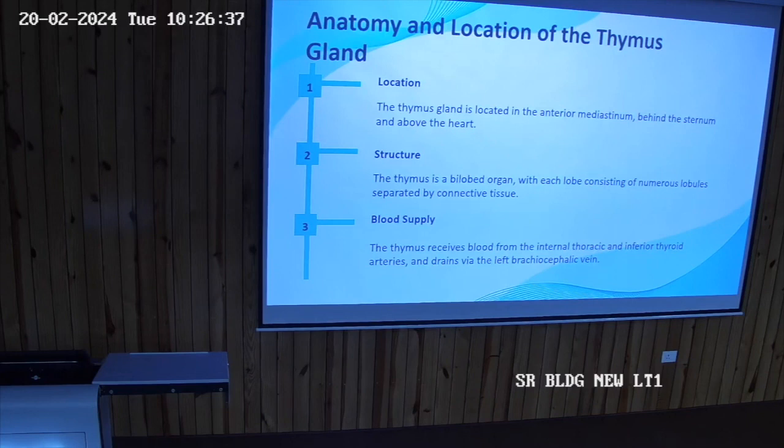Pluri means many. Okay, so this hemopoietic pluripotent stem cell is capable of forming different blood cells, and this pluripotent stem cell gives rise to lymphoid stage and the myeloid stage. Lymphoid stage is responsible for the formation of lymphocytes. The lymphocytes are categorized into T and B lymphocytes. The B lymphocytes, they are named after the bursa of Fabricius, remain in the bone marrow, whereas the T lymphocytes, which